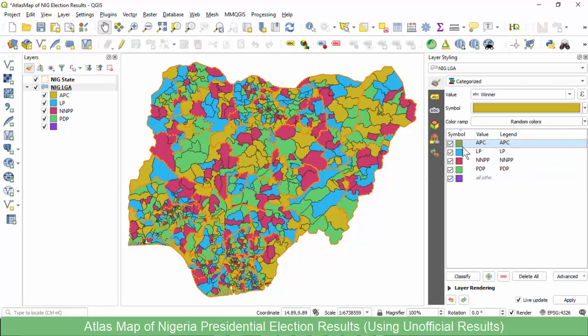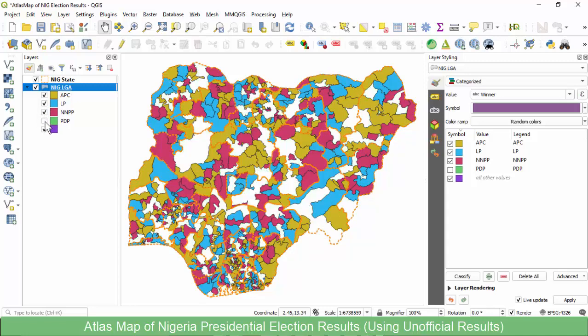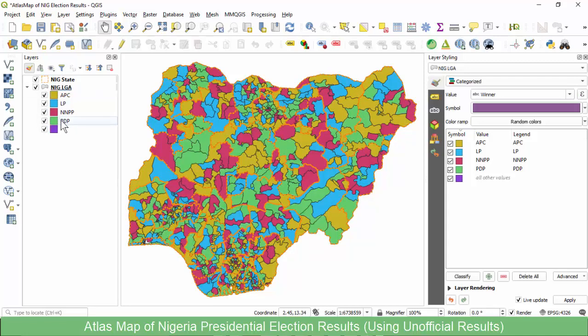Like if you look at APC, presently the color is this orange, which is not an APC color. If you look at LP, Labour Party, the color is set to blue, which is not an LP kind of color. If you look at NNPP, the color is not its color. PDP, this is set to green, which is not its color. So let's see, this last one is for